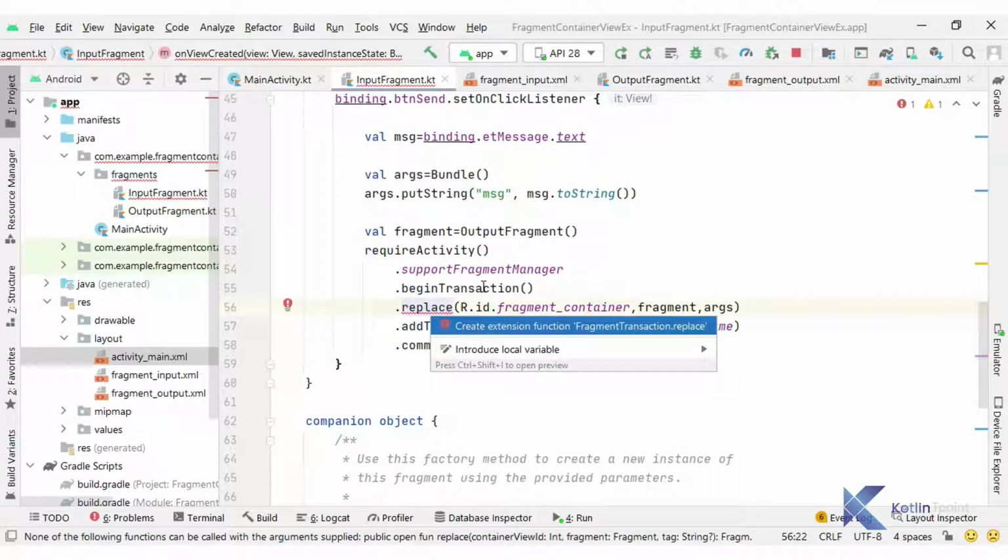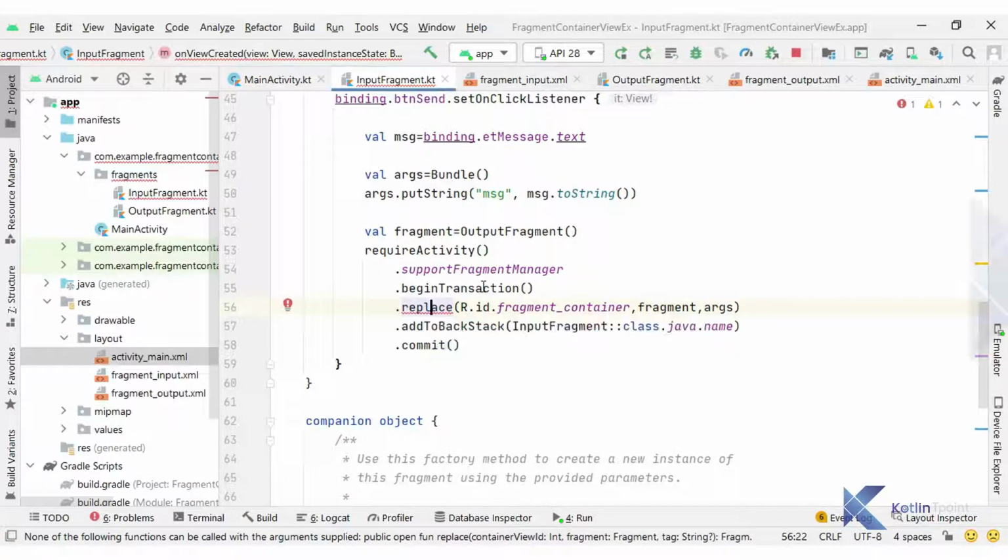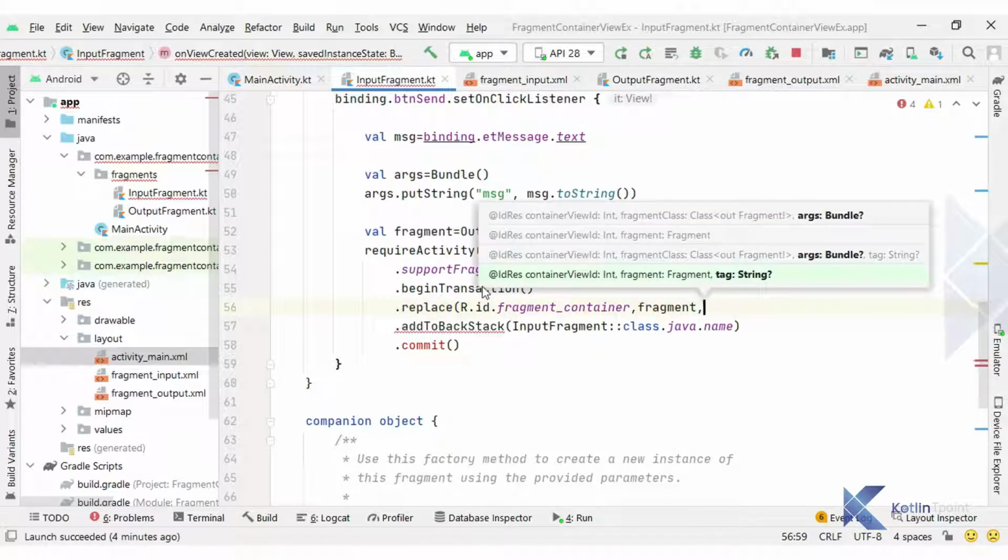And here it is not suggesting a method like this, so let me confirm. Okay, I can see this message, but container view comma fragment class. If we are using the fragment class, then the bundle is there.